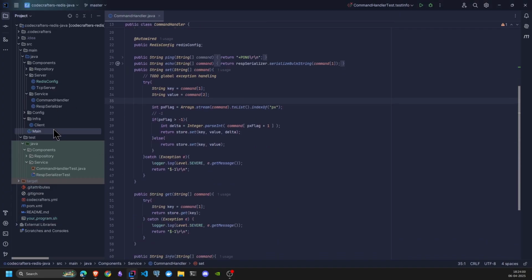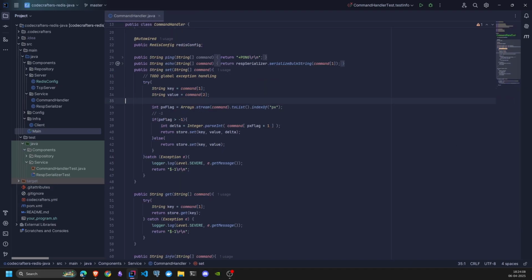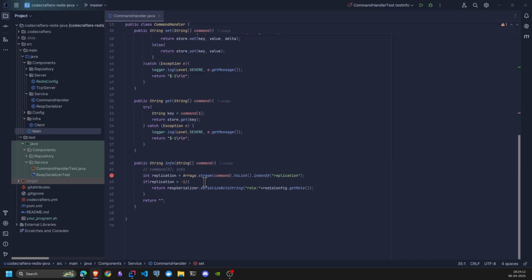And in my main class, do I need to change anything in my main class? No, I don't think so. Replica of, it won't have. I just need to change my command handler now. In my command handler, here is the info command. And if we have a replication, we are returning a role. So instead of only role, I need role, and that will be equal to